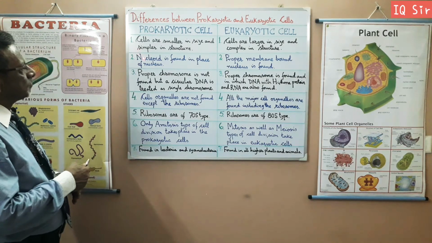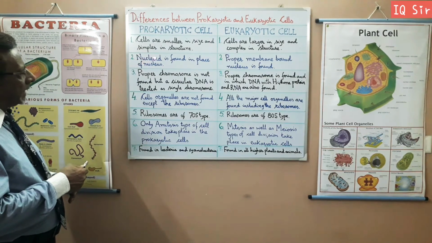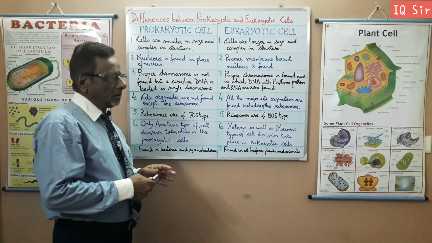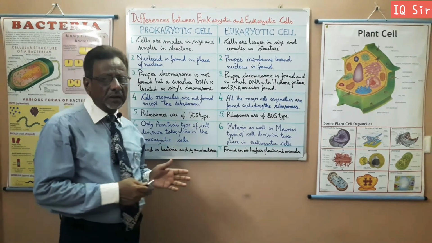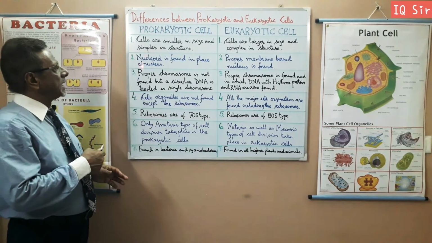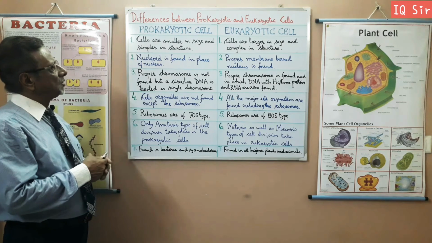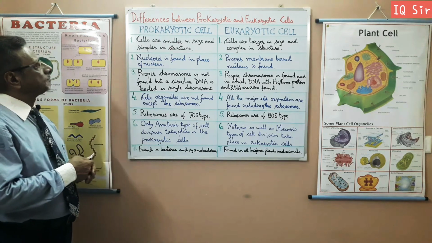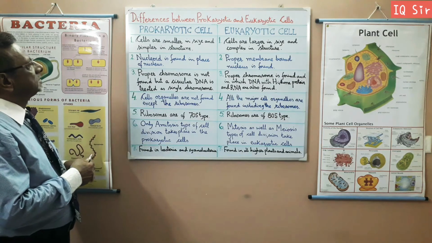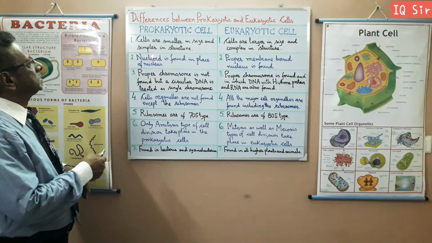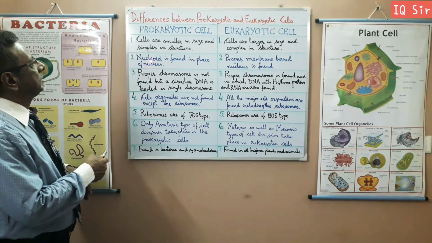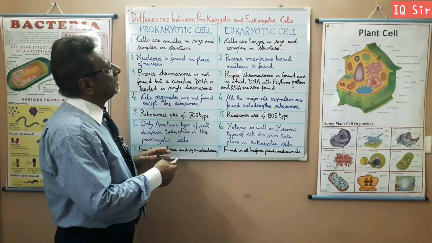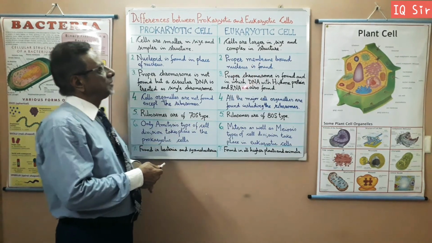Now you can see here, in place of a nucleus, since there is a lack of nuclear membrane, it is referred to as the nucleoid or genophore. It is simply circular DNA, treated as a chromosome, and that is called the nucleoid. Here, in the eukaryotic cell, a proper membrane-bound nucleus is formed.